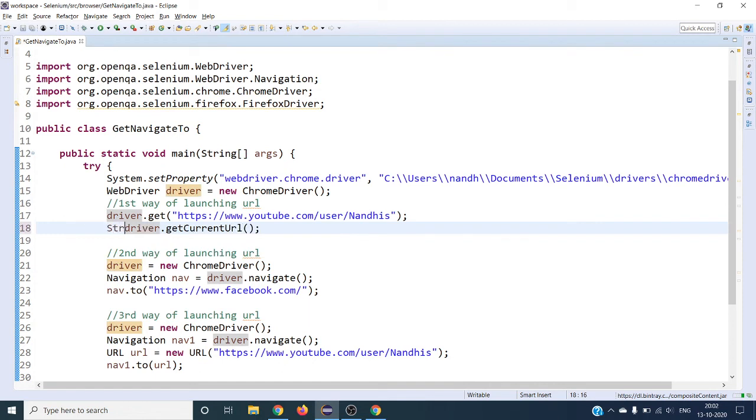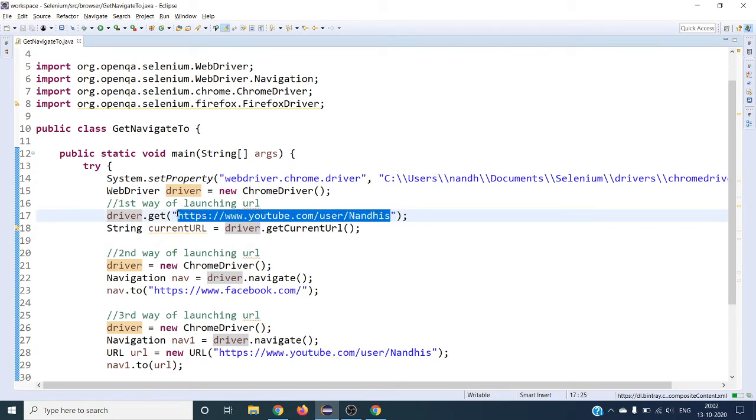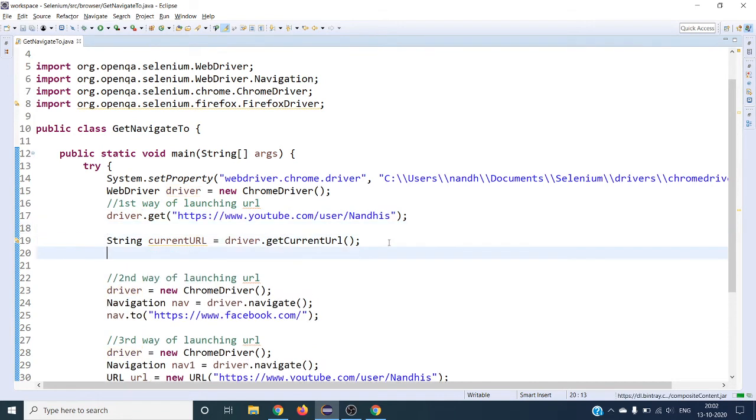Let me save it in a string, currentURL. This should return this particular URL. Let's assert this.